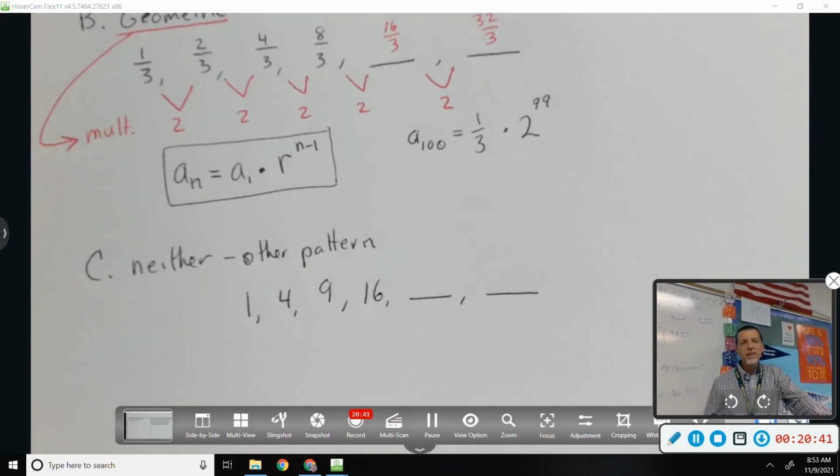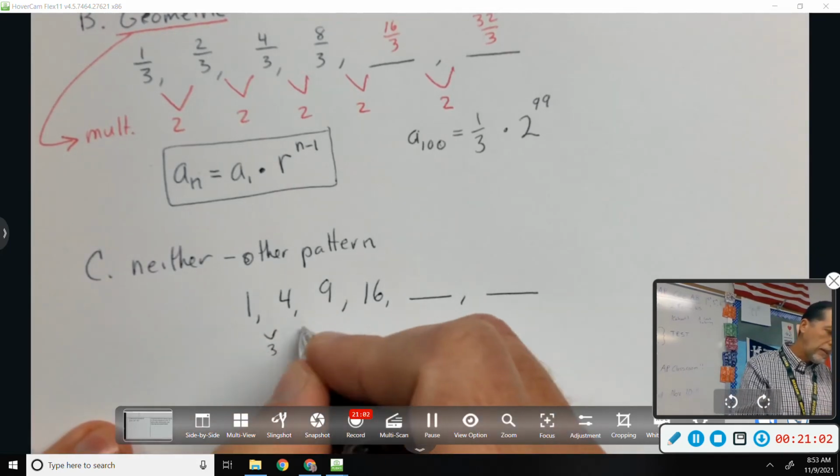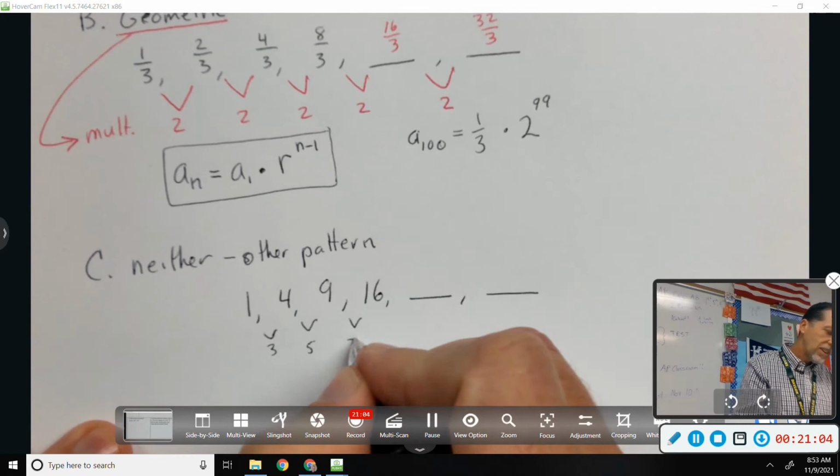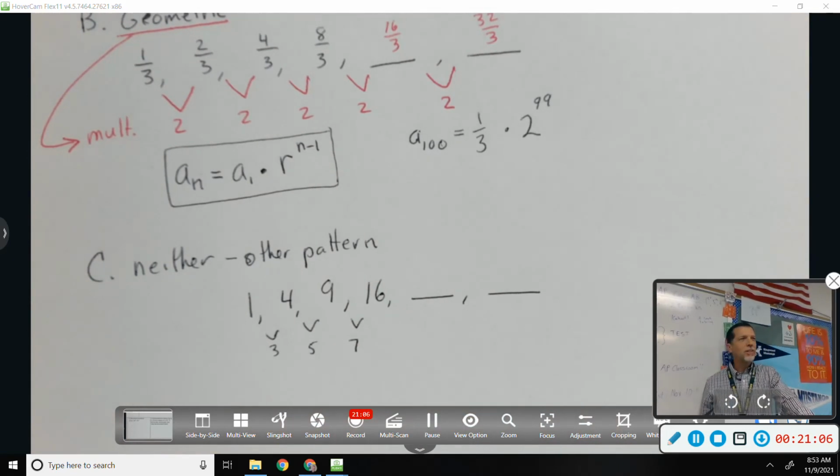1, 4, 9, 16. You recognize those numbers? 3, 5, 7. They're square roots. They can be square roots. Okay, so there's two ways to think of it. They are perfect squares. Jason said, well, it's not a common difference, you're adding, right? It's like a different difference, if that's a word. Increasing by two. So you're adding an increasing amount,